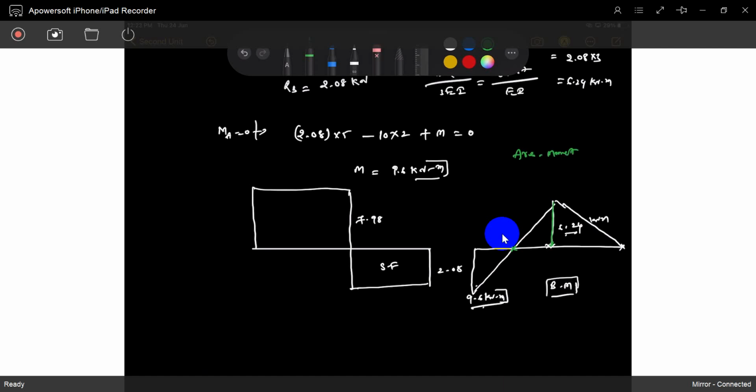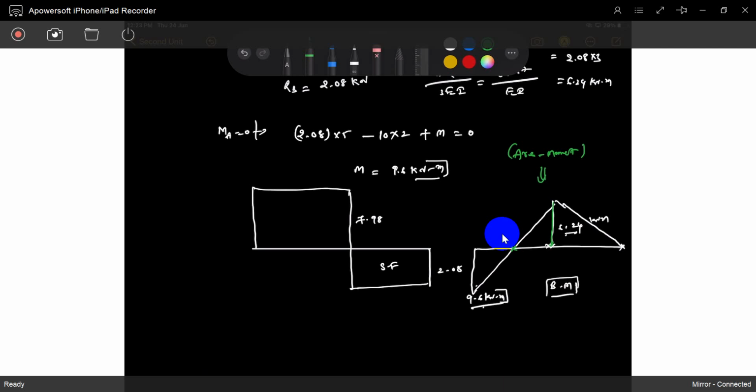Because if you see, it is fixed end, free end, fixed end. Just if you applied a free end to the fixed end, again it will become a conjugate beam that is also a redundant beam. You can't solve it, you can't find out the reactions. But the area moment method is very suitable.